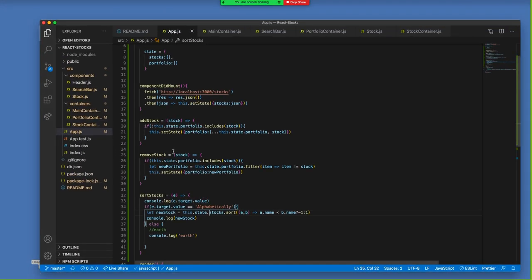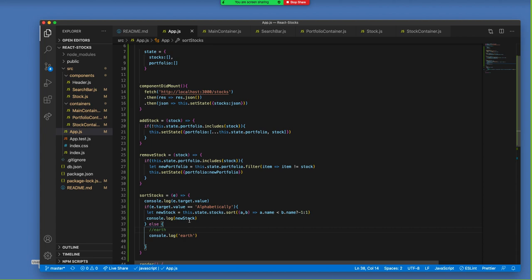Great job. So again, this works because of the way sort works. Sort can take a function, and depending on if the value is greater than or less than, we use this ternary to say if this is true, we're going to return a -1. If it's a -1, sort will put A in front of B. And if it returns a +1, it will put B in front of A. I may have that backwards, but